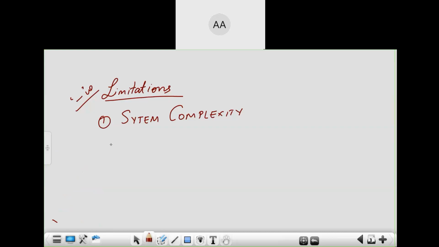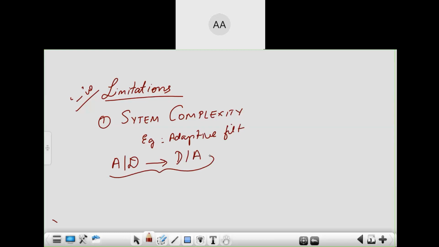It definitely doesn't contribute to the limitations of DSP. But system complexity, because you are handling such complicated signals, is high. Why is it high? For example, if you are doing adaptive filtering, it's a very cumbersome task. Apart from that, what else could be the reason for complexity? See, you are doing conversion from A to D and again D to A. Don't you think there is so much processing involved here?